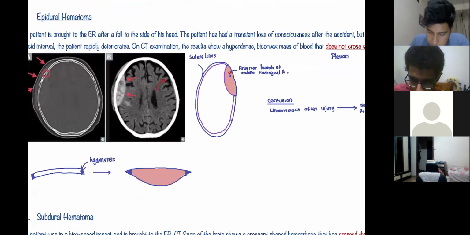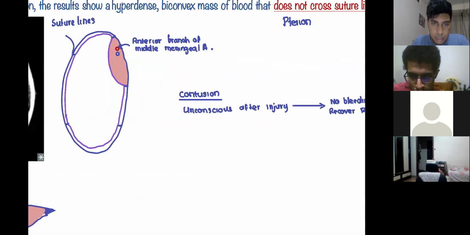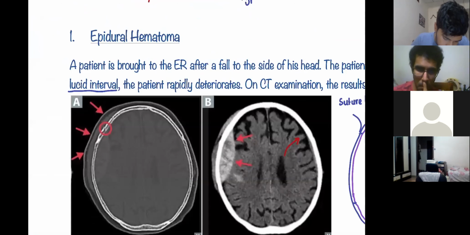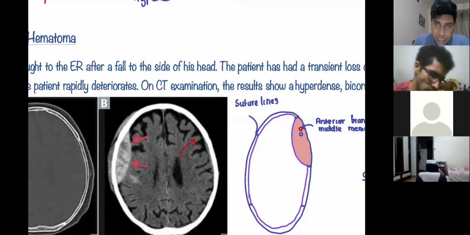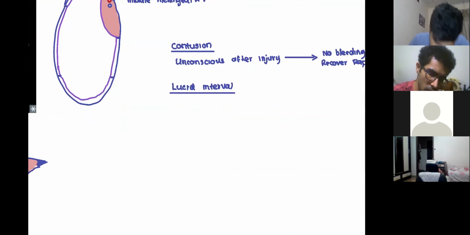Remember, in a contusion, a person might fall down and lose consciousness, but afterwards he's perfectly fine. When he comes back, he will be recovered fully. But what is this lucid interval? This is the key diagnostic feature. Okay, this lucid interval is the key diagnostic feature. What is a lucid interval? That is basically